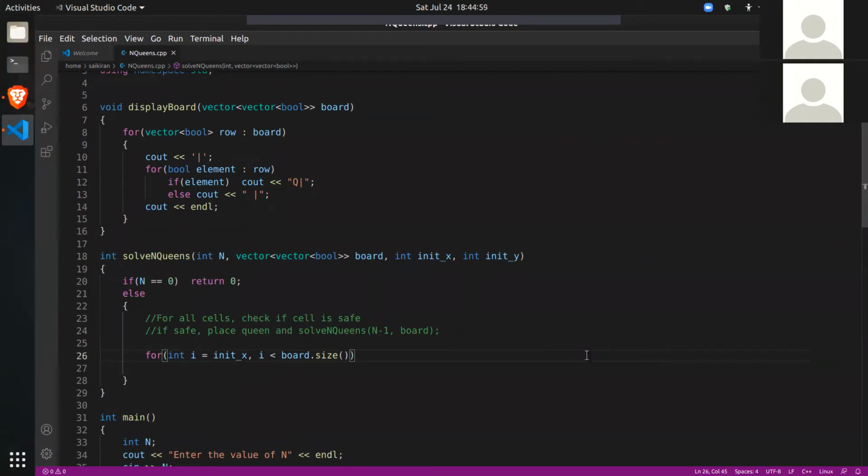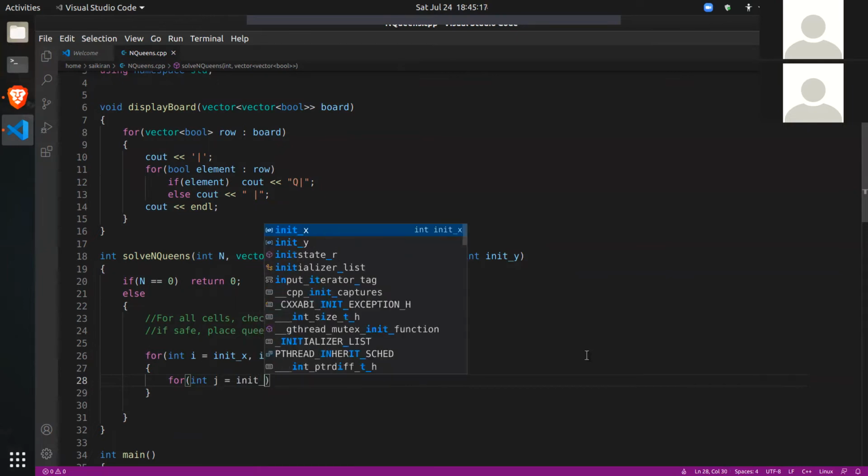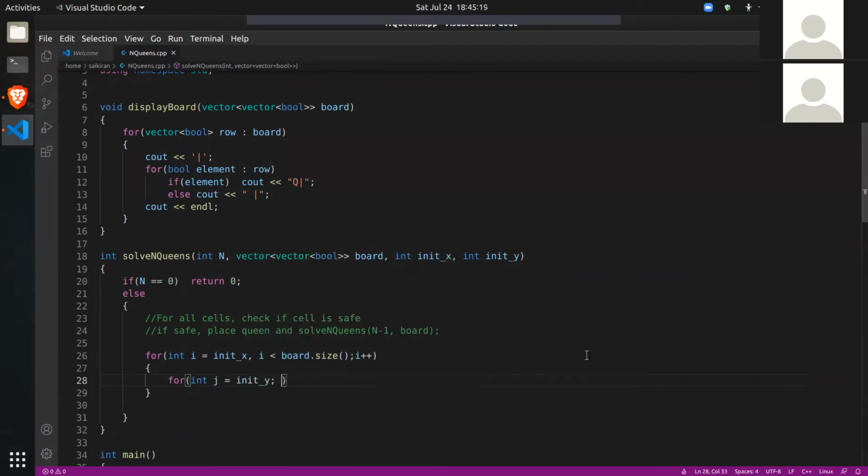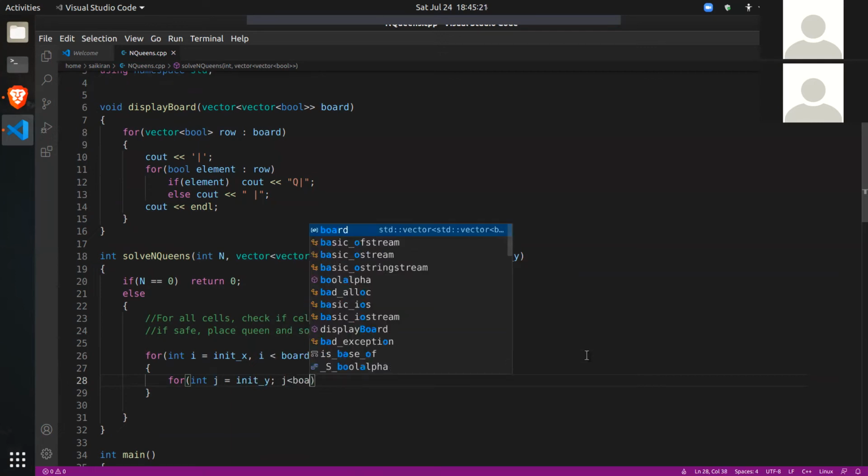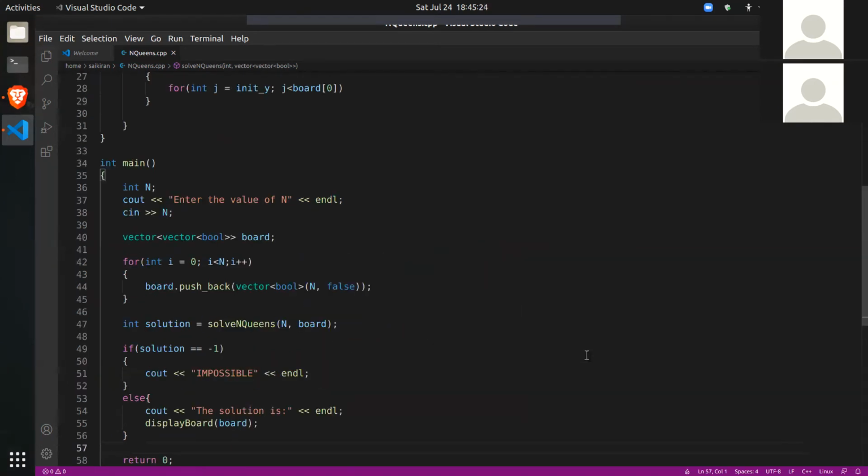It will give me n because this is a vector of vectors, and board has n vectors. So board dot size will give me how many vectors are inside board. And inside, j will also start from init y, and j will be less than board of 0 dot size.